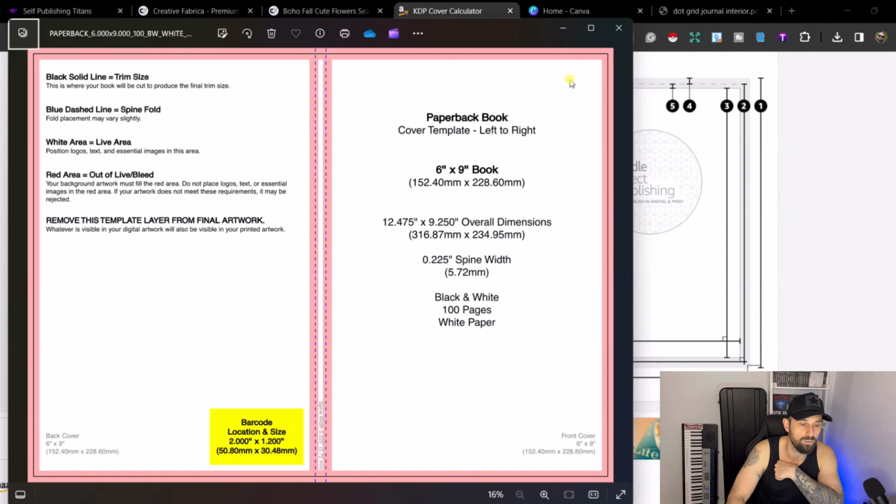But what we want to do is when we are doing our designs, we need to stay away from these red zones. We want to make sure that our titles are in here, if we're putting a title or any other information. The other useful thing here is the barcode is there, so you probably want to stay away from that as well. Now the thing that is important here is the overall dimensions. Overall dimensions, 12.475 by